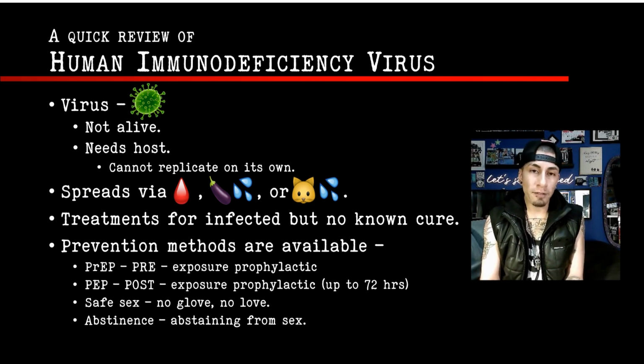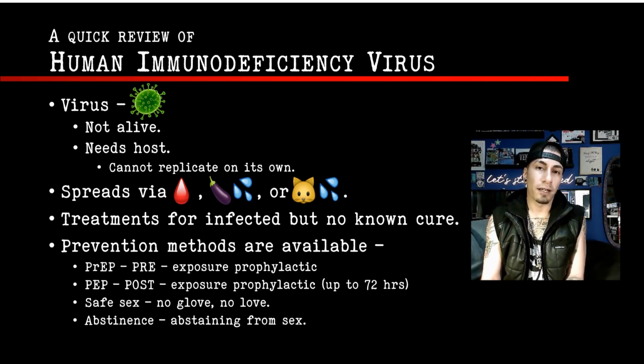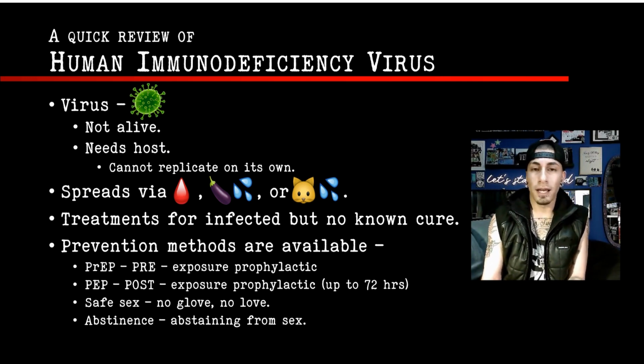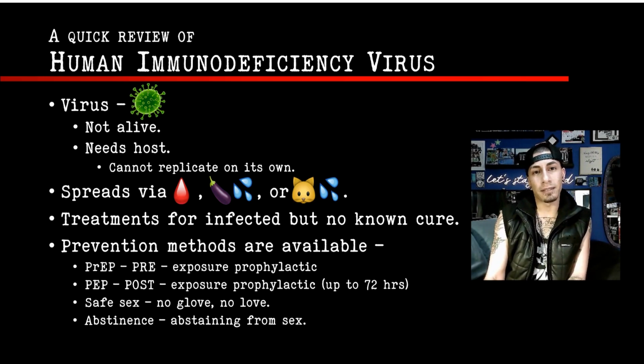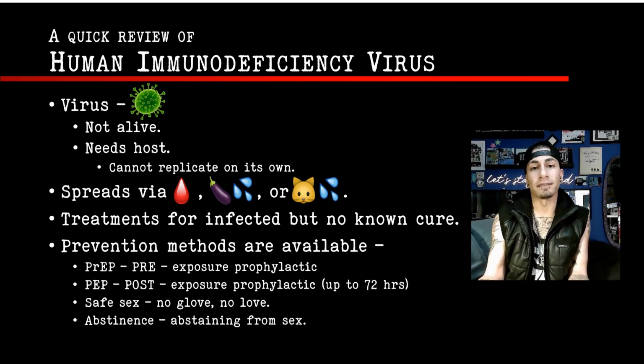So while I'm mostly going to be focusing on how the virus affects the body, specifically in the circulatory system, I'm first going to talk about how the virus affects the body overall. And in order to understand HIV, you need to first understand that HIV is a virus, meaning that it doesn't behave like a bacteria. So, in that, we know that it's not a living thing, and we know that it needs a host cell in our body to reproduce in order to make new copies of itself.